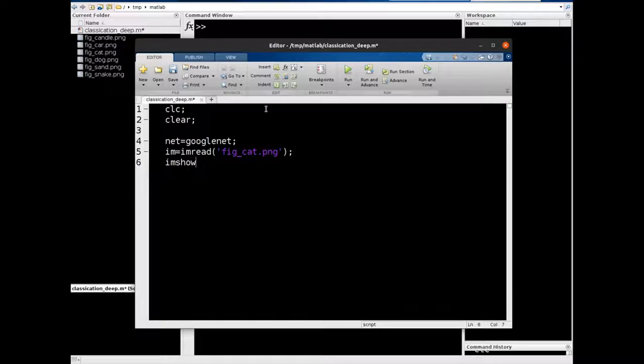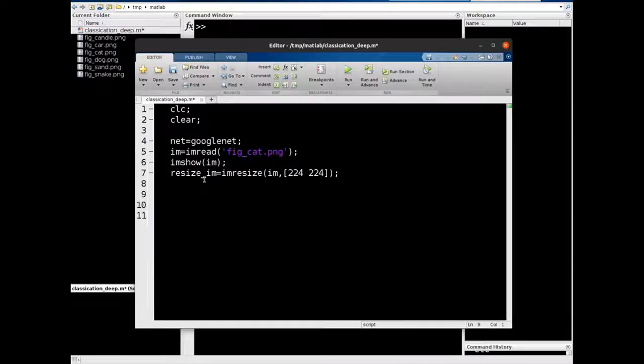Let us use the imshow function to see the image and then resize the image according to the input size of Google network. So this code I have already explained in my previous video, so you can check it there.